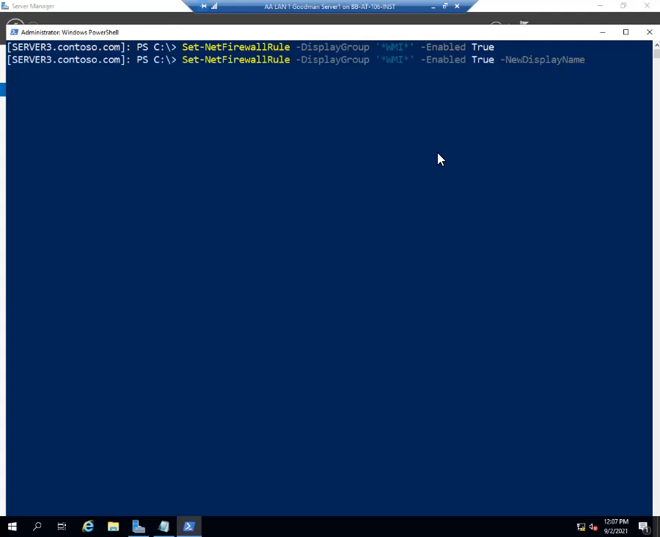Policy, description, profile. The profile should have been set. There's a public, private, and domain profile. I should have set that. I'm not going to. I've already run the thing, but when you're doing this on a domain-based network, you should